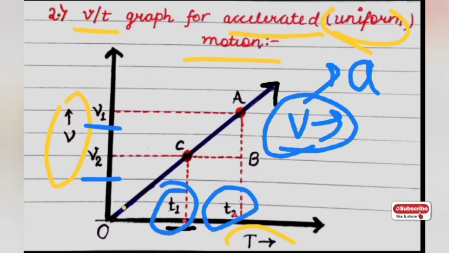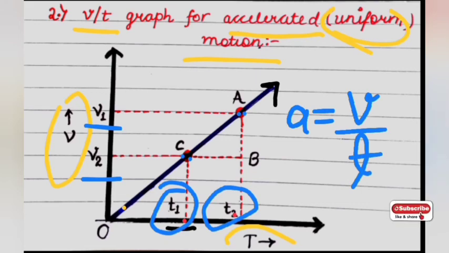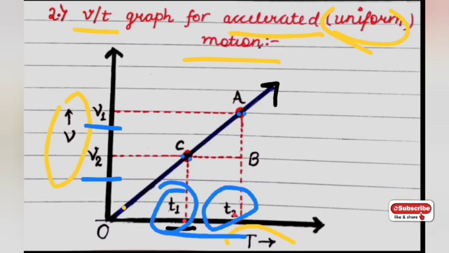Rate of change in velocity means what? Simply, acceleration is the rate of change in velocity, meaning velocity changing per unit time. So here with per unit time means that with time t1 to t2 the velocity has changed from v1 to v2, or you can say v2 to v1. Both are the same only. So it is the position denoted by this.